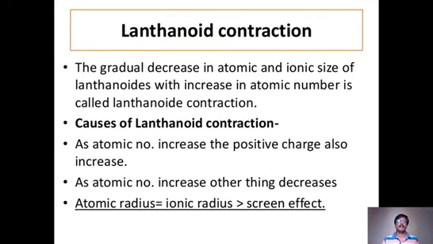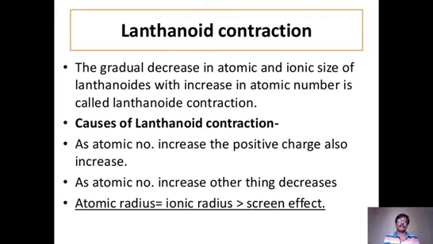And what happens with the 4f electrons, which are there in the middle? The outermost electrons are in the nth orbit, whereas the n minus 2 orbit has f block elements, that is f block electrons. So when these f orbital electrons are in between the nucleus and the outer valence electrons, if they protect the outermost electrons from the effect of the nucleus, that is called the shielding effect.